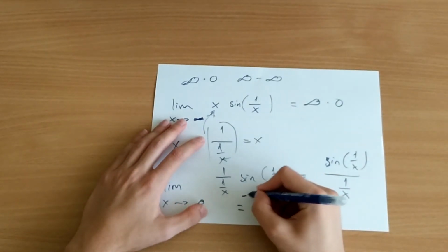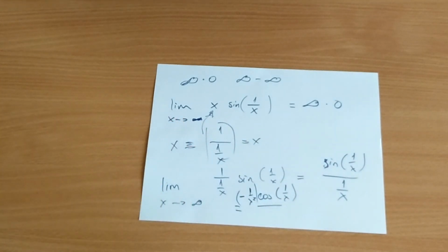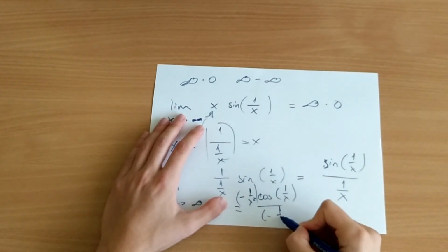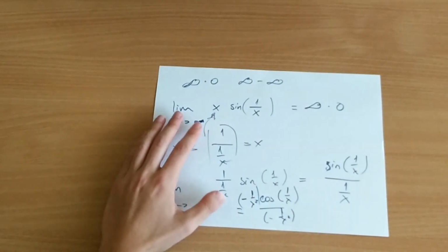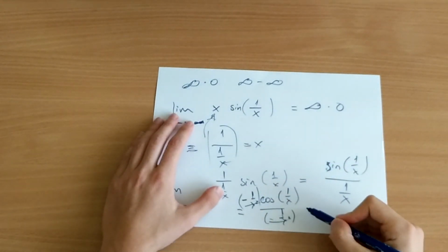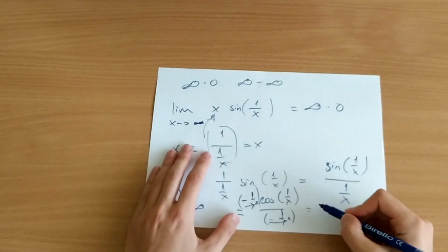Times minus 1 over x squared, and in the denominator we'll get the same thing actually, and these two things cancel out, and we'll get cosine of 1 over infinity, which is equal to 0, so cosine of 0 will be equal to